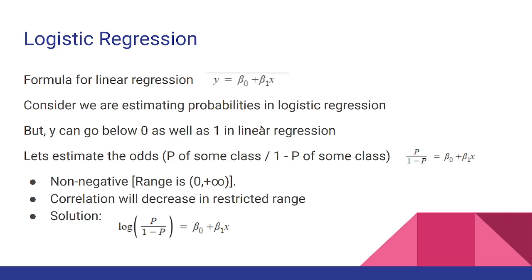So how do we get logistic regression? Do you remember the formula for linear regression? It is beta 0 plus beta 1 x, and if we calculate that, we get the prediction y. This is for linear regression, but in this case we are trying to get some value, some probability of